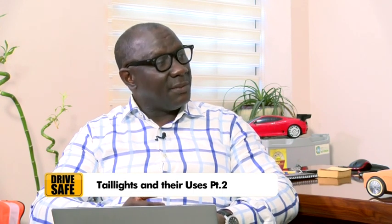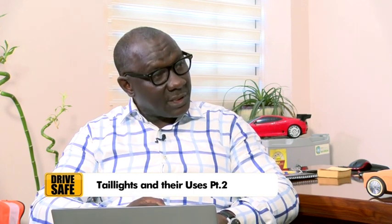Then we have what is connected to the headlights. Whenever you switch on your parking light, we have the parking light also on at the rear, which is red. Those lights, whether you turn on to the dim or the high, remain the same. It gives the vehicle behind you the warning that the vehicle in front of me has put on its lights. So if we go over again, we have the reverse lights, we have the dim lights, we have the brake lights, which are powerful,